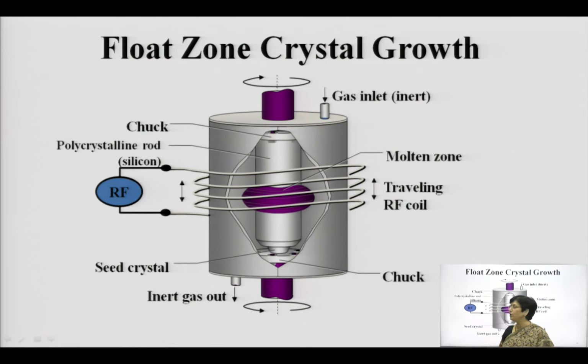other factors will come into the picture, and the same thing will be done, but rather than holding the molten silicon in the crucible, we are heating it locally, and from that particular area we are growing the seed. Now, here also you have the inert gas which is being flown to drive away the byproduct, and the molten zone is confined; you do not have any crucible to hold this particular molten silicon.